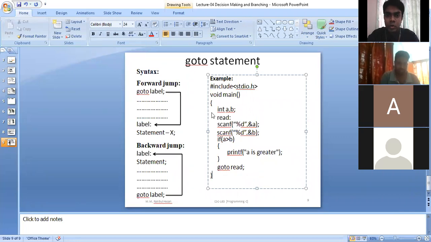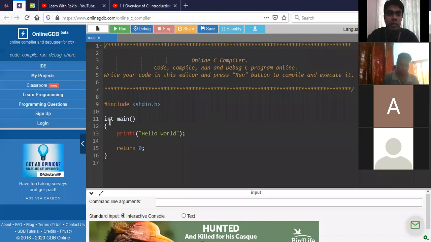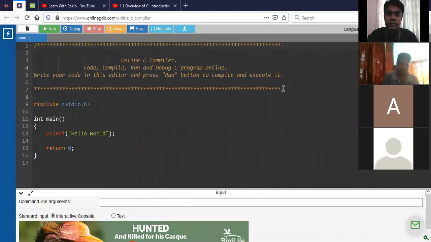So for an example, if I write down the code, I'm executing the code. Let me open the compiler first. Can you guys see my compiler now on your screen? Yes sir. Okay, right. So let me write it down first.